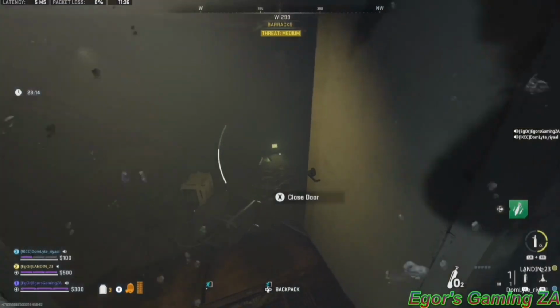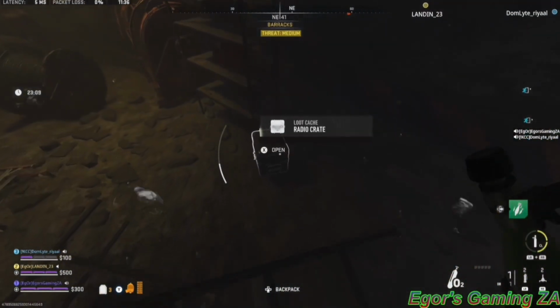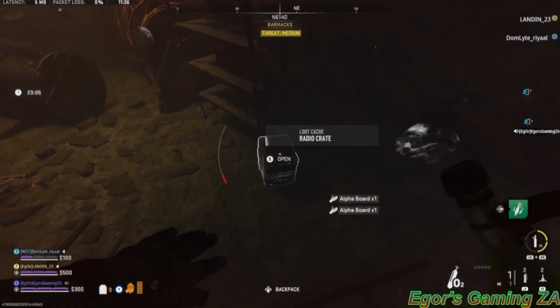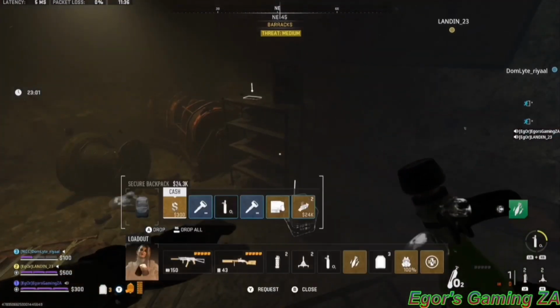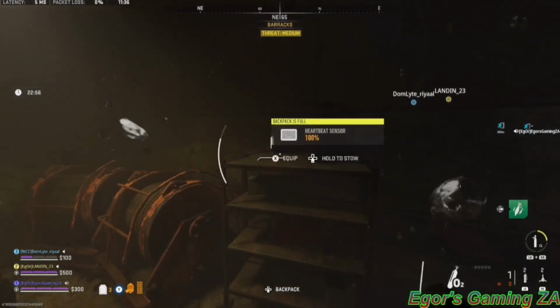Behind this door, I found the scientist notes before. I found the lab coat before. So it's all here. Here I found the alpha boards. You get the alpha, the beta, and the data, so it all depends on the shopkeeper. You'll see later on that we literally